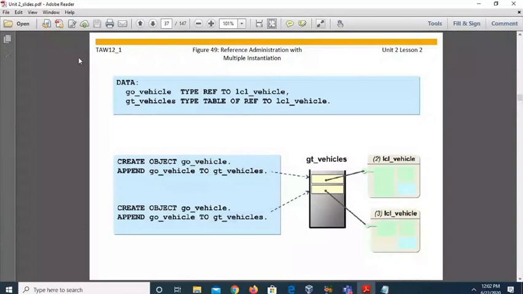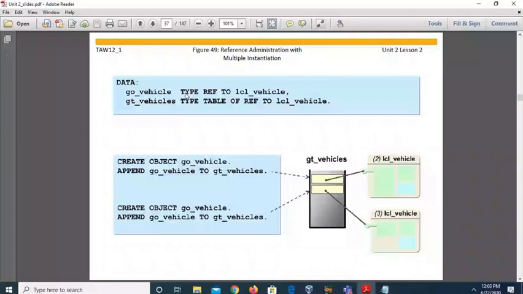That means here we are creating an internal table which will contain a number of objects, and each object contains the attribute values. For creating the reference variable we used type ref to, so here we are using type table of ref to class name.